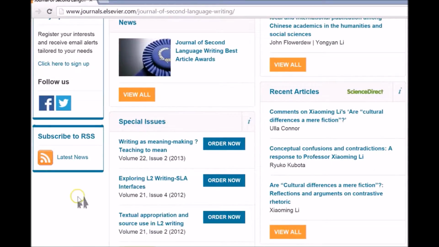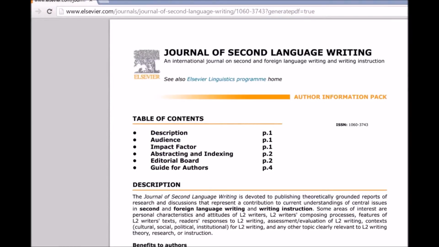Now these are the old ones, so it would be too late, but you would keep your eye on what special issues are available. Now I want to look at the guidelines, and again, remember, everyone should have a copy of the guidelines. Some of them we've talked about in tutorial this week are more specific than other ones. This journal is published by a large publishing firm, Elsevier, so they tend to have very specific guidelines.